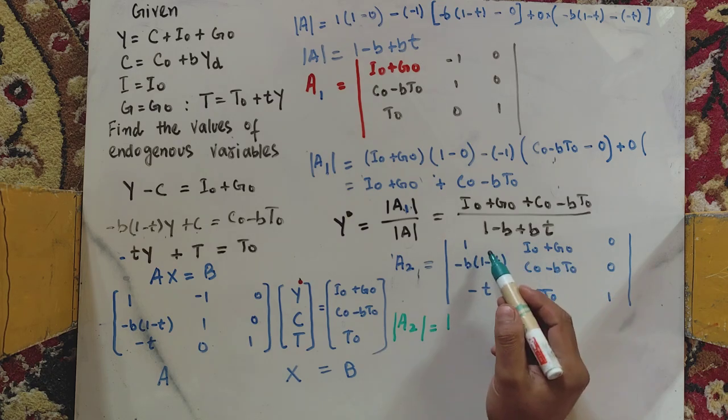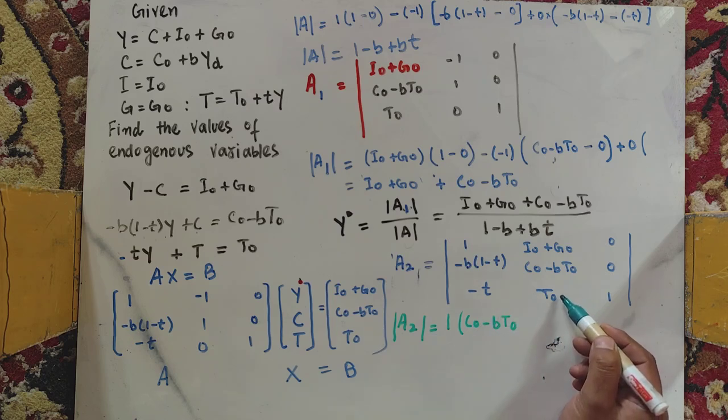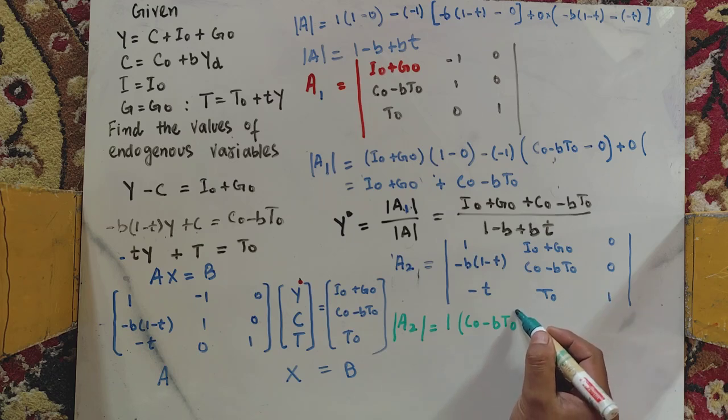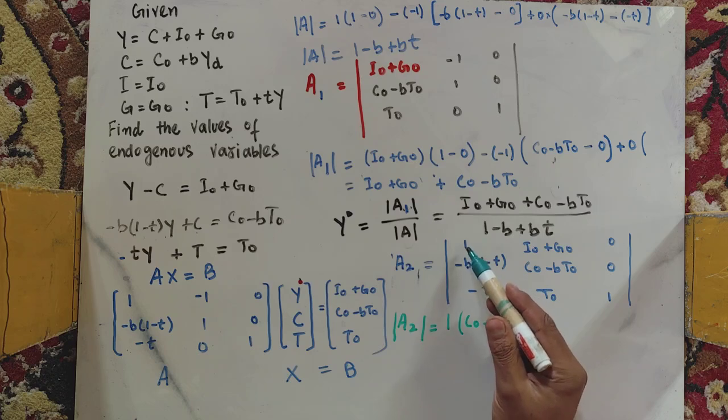Delete the row and the column in which it appears and take the determinant of the remaining element. So we have C naught minus B T naught. Then we have minus T naught into 0, which is 0. I will not write it to save the space. Then we write the second term. So it is plus, then we have minus